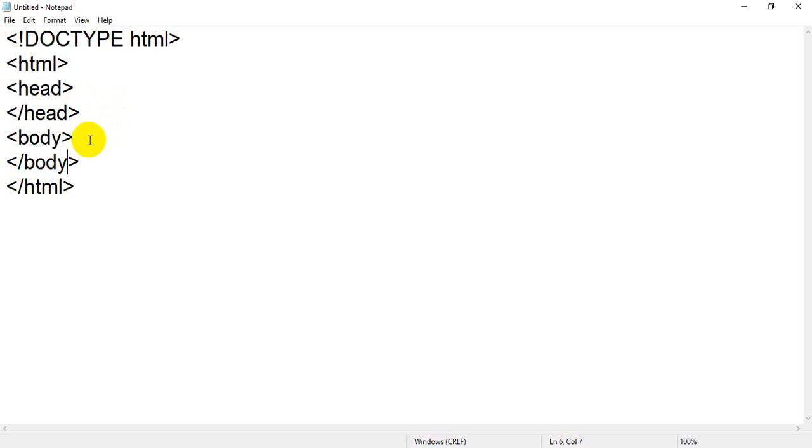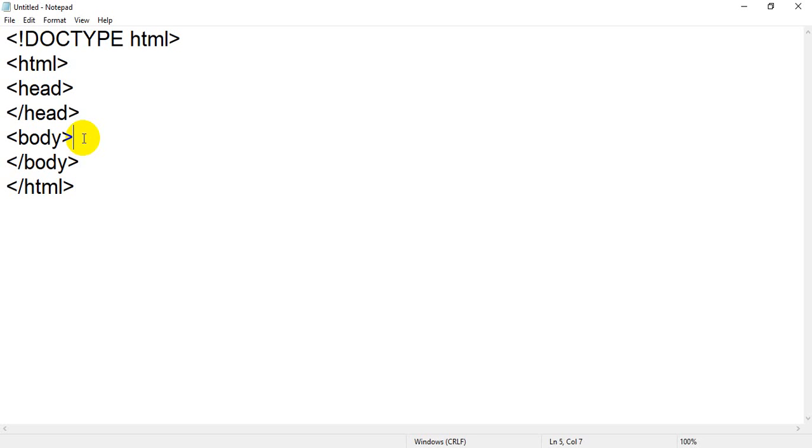After that, today's topic of discussion is the input tag and its attributes, and the subtopic is input restriction, meaning how to control the text box, how to limit the user, how to give some rules to the user so the user can insert the correct value inside the form.